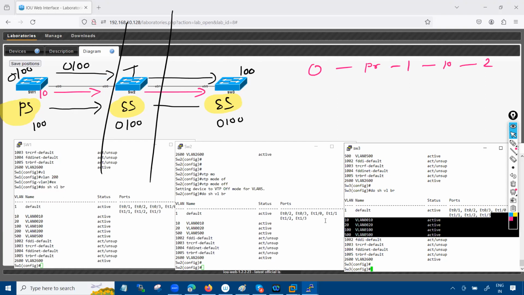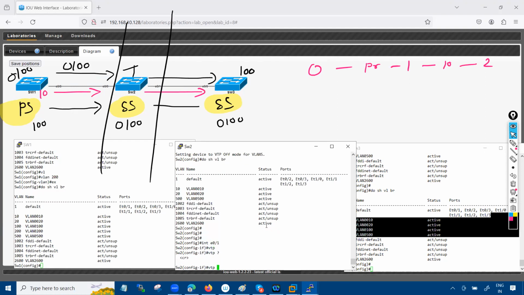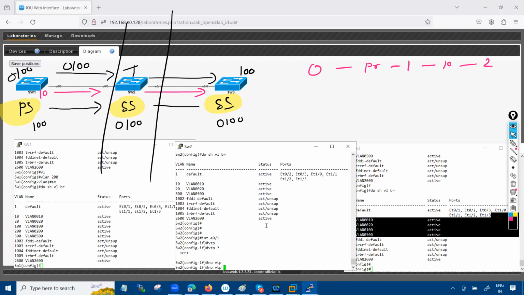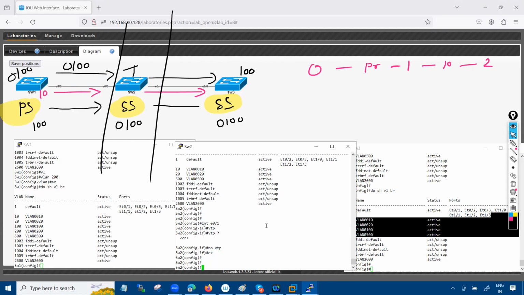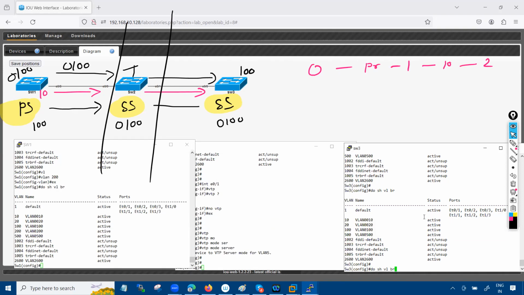So that's the meaning, which you have already discussed, right? If you can disable it with off mode like I did globally, you can disable it on the interface as well, with no VTP. If you want to do no VTP, it will disable VTP at the interface level as well. So let me set VTP mode as server. That's going to make this guy a secondary server, not the primary server. Primary server configuration you are only going to do from the privilege mode. So now again, if I send the information, now you can see that